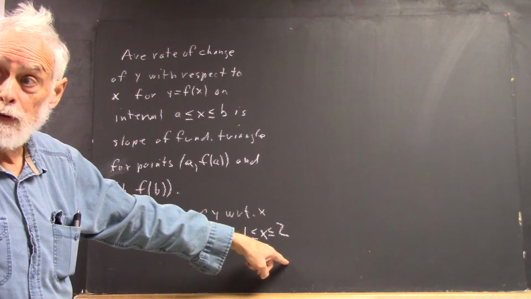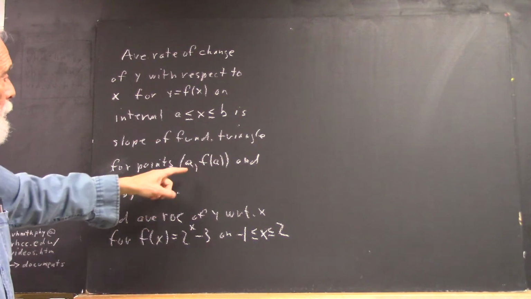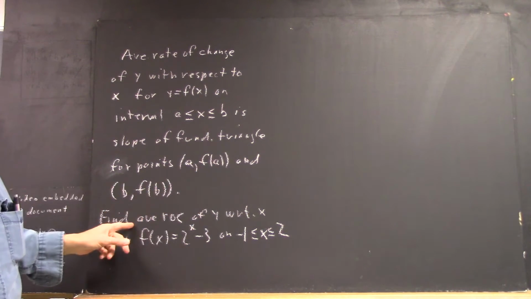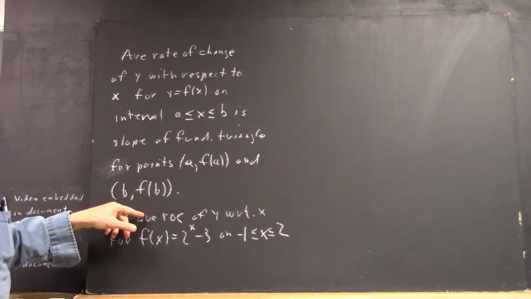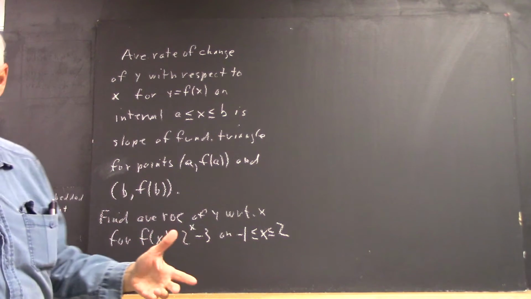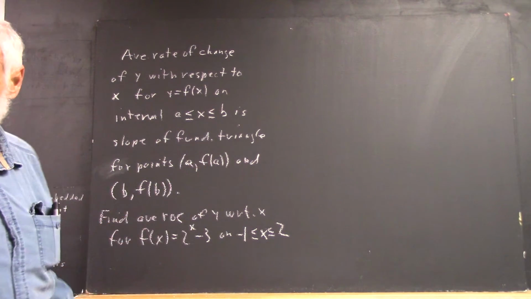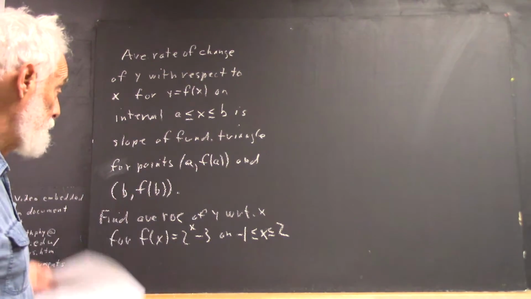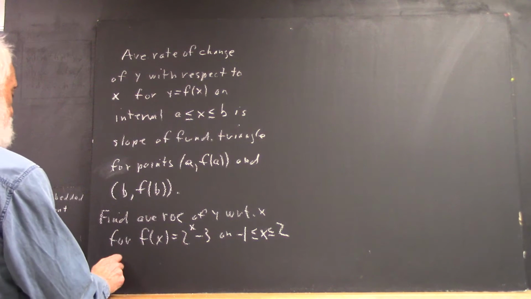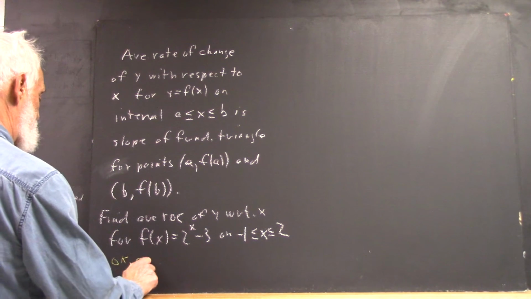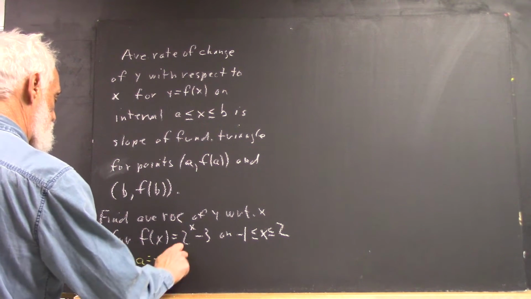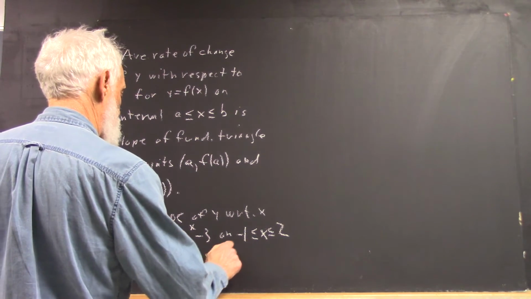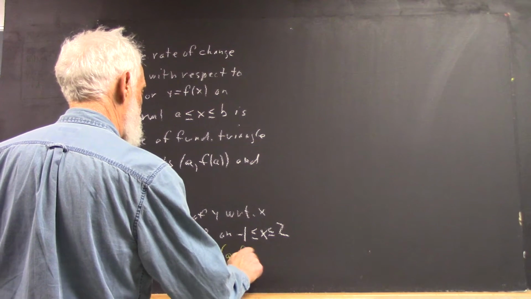So what does this tell us to do? It tells us to find the points A, f of A, and B, f of B. It actually doesn't tell us to find these points. It tells us the fundamental triangle for these points, but we're not going to be able to do that fundamental triangle unless we got this point and this point, right? So we find these points. So we first identify the point A, f of A,